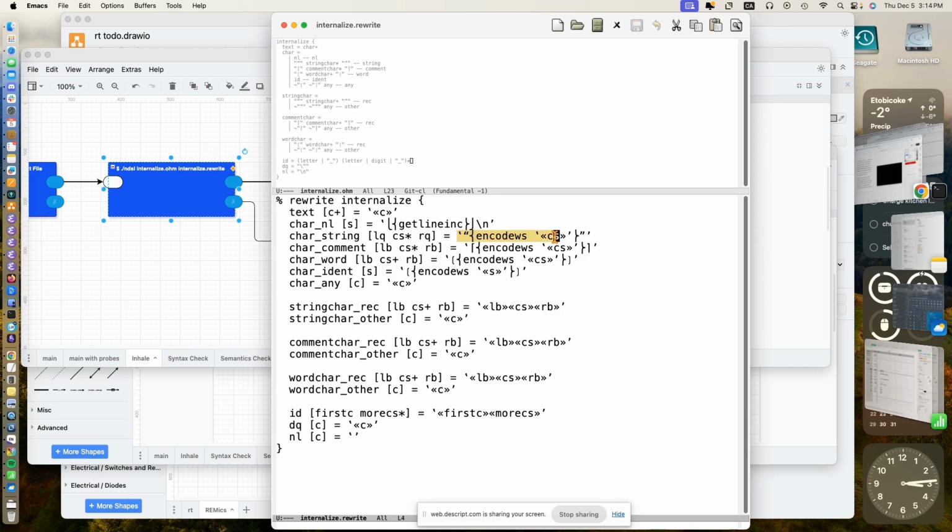The rewrite itself is enclosed in these backticks, a backtick and a different kind of backtick. And it emits an open quote, a close quote, and then calls an internal function in the support function library called encodeWS. It passes the interpolation of the cs from here into encodeWS, and the result of that is stuffed in here, and then the whole rewritten string is returned as the value